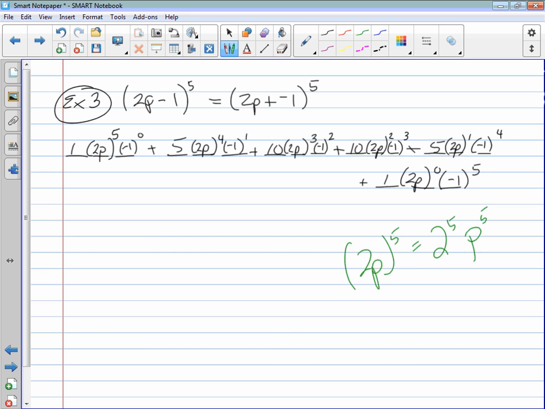So what's 2 to the 5th power? Don't tell me 10. 32. Alright. 2 times 2 is 4, times another 2 is 8, 16, 32. Alright? So over here, I'm going to have, if I simplify this,